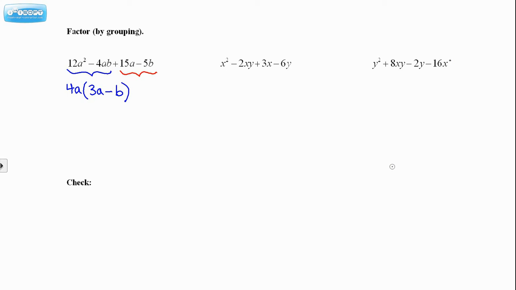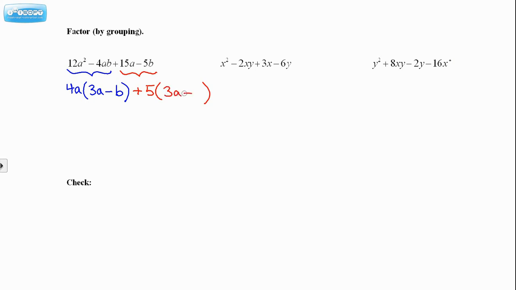Now I'm going to move on to the next group. What's the greatest common factor between 15 and the minus 5? Well, that would just be 5. And a, b, well, there are no common factors there. So the best I can do is to pull out a 5. If it's a positive 5, I must put that plus there. And then I'm going to write what's left. And I get